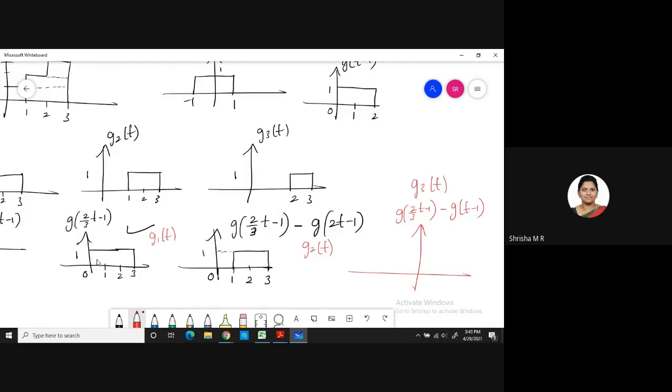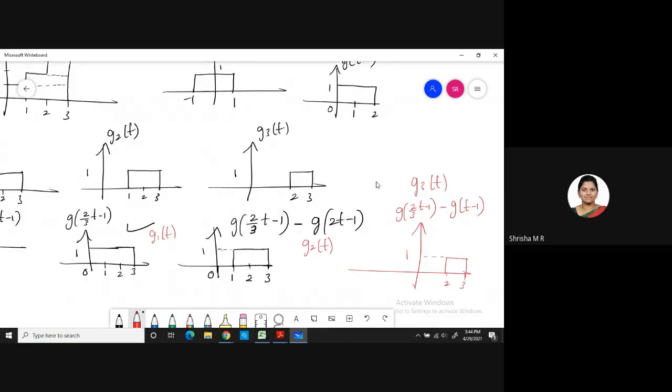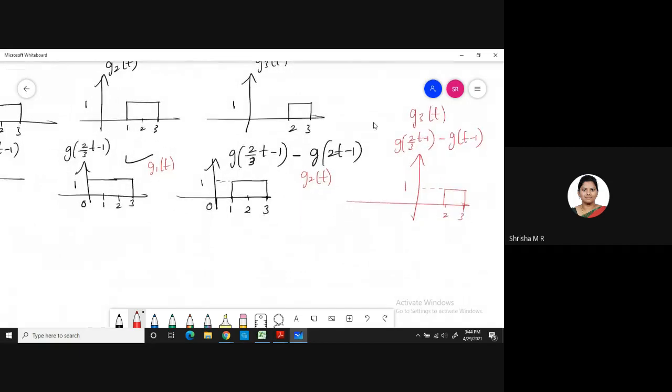If we subtract this and this, will we get a signal from 2 to 3 with an amplitude 1? Got it? So we are subtracting this. This signal exists from 0 to 3 with an amplitude 1. This exists from 0 to 2 with an amplitude 1. So at 3, what is the amplitude? 1 minus 0, you get 1. Okay, so now we'll write collectively x of t